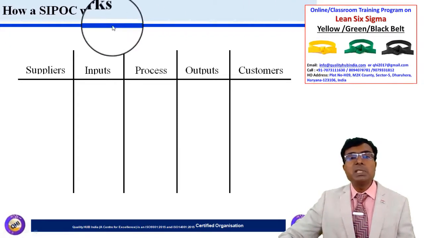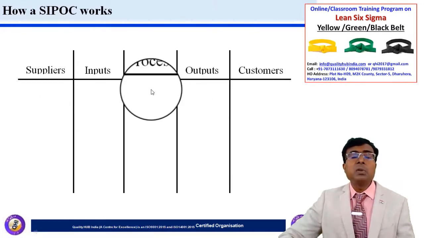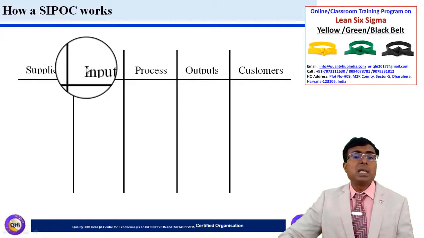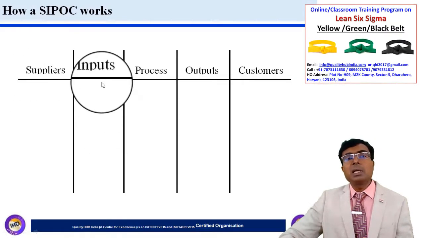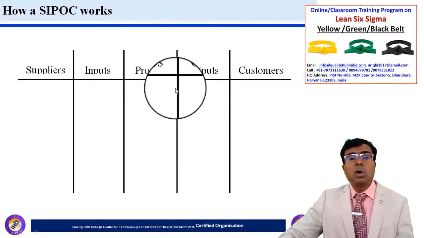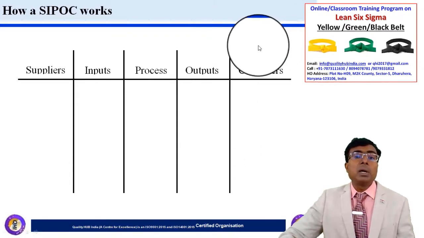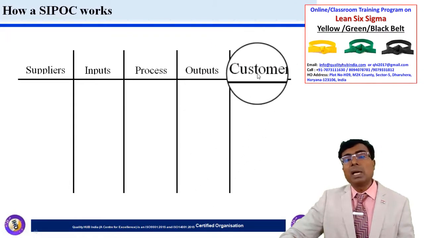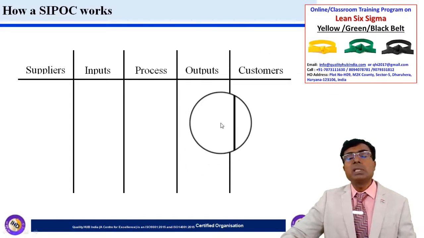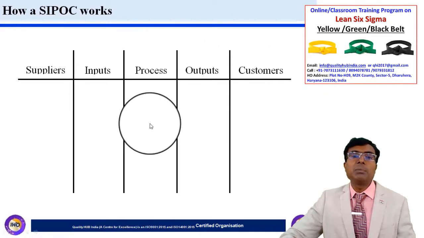So the CPOC diagram is basically helpful for understanding that kind of relationship, so that we are very clear for all the inputs who the supplier is, whether they are managing the inputs properly or not, what the critical characteristics of the inputs are, whether suppliers are controlling all of them or not, what the critical output characteristics are, whether customers are reviewing all those things. We can formally ask the customer to give feedback about those characteristics, so that we can come to know whether there is a positive trend in all the outputs or not. So all these things we can come to know with the help of the CPOC diagram.